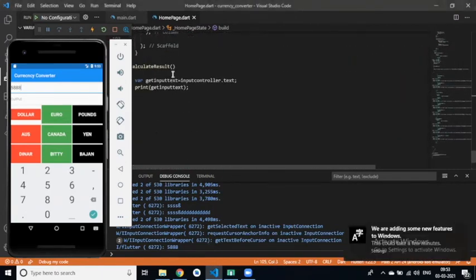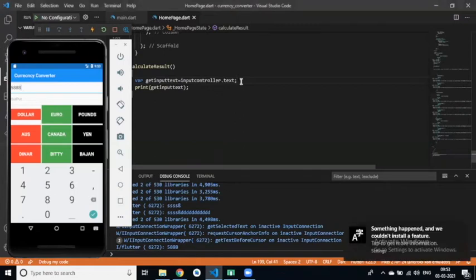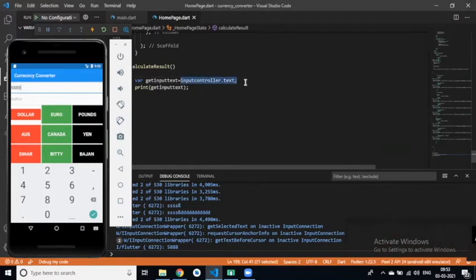So in this calculate result, we create a variable, right? This input controller dot text returns a string value, not an integer. But for calculation, we need an integer, not a string, right? By default, this input controller dot text returns a string value. So how can I parse this text into an integer?